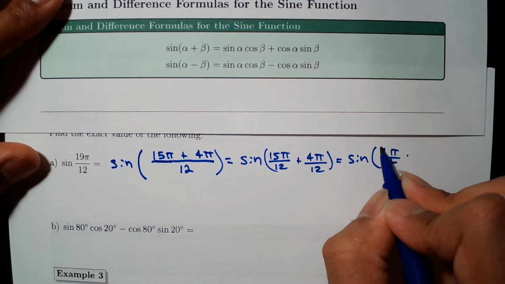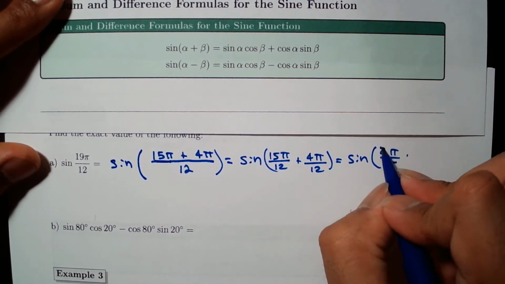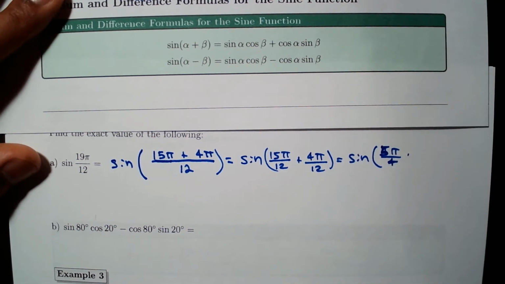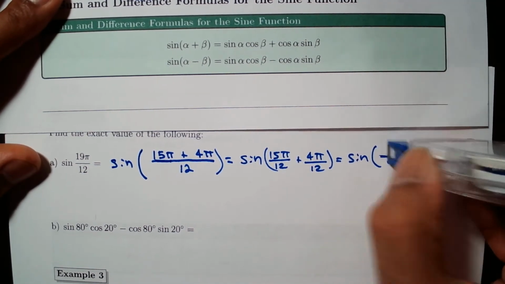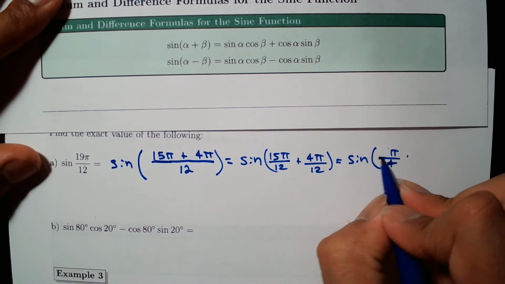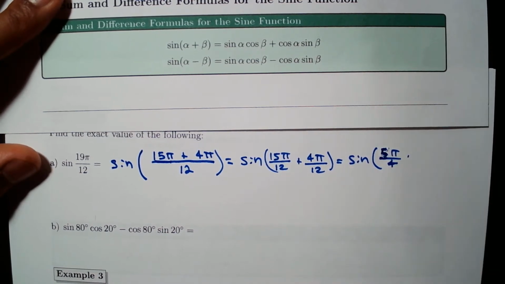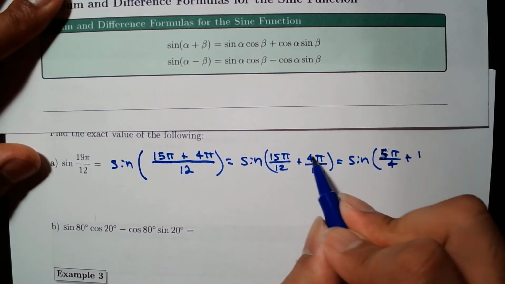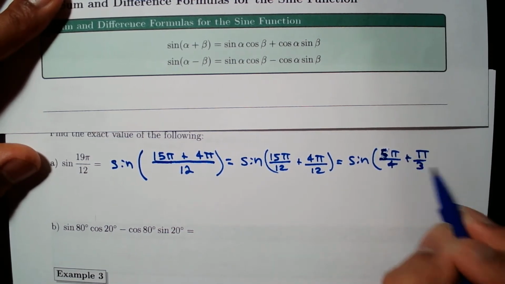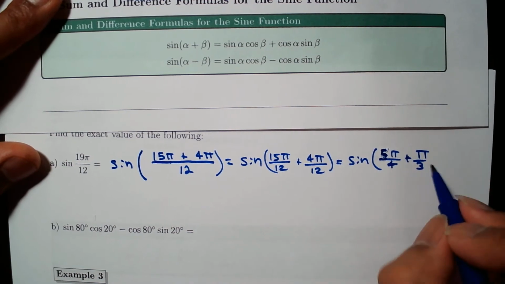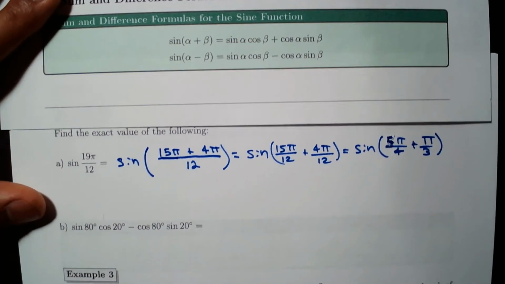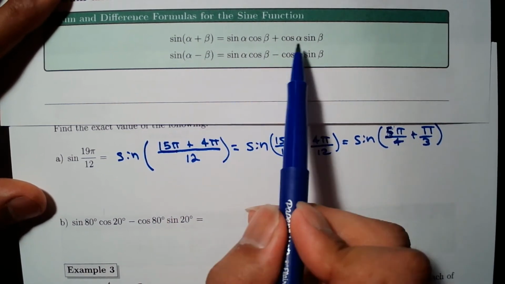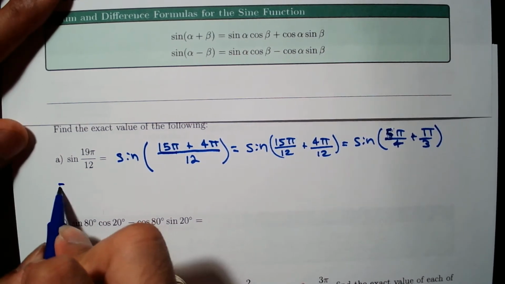Over 5 pi over 4, rather, not 4. 5 pi over 4. Let me fix this so it doesn't look ugly. 5 pi over 4 plus pi over 3. All right, and then I'm going to use the formula of the sum for sines, which in this case is